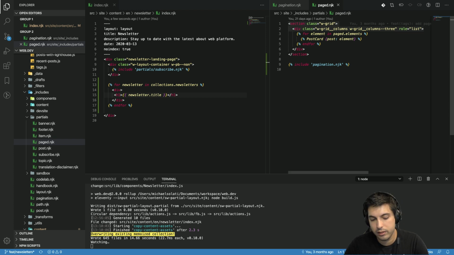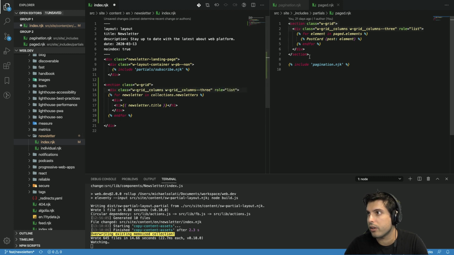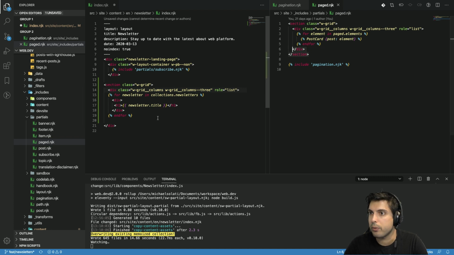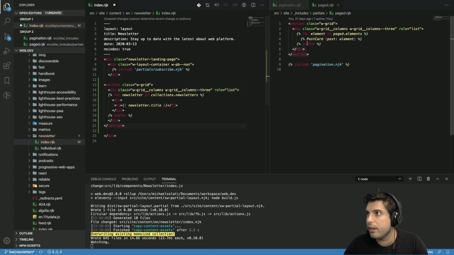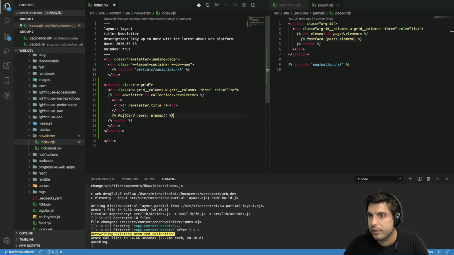So let's take the wrapper, because we're going to really want to style it and make it look like the cards that we see elsewhere on the site. And we are going to start to use that postcard element. Now, postcard takes an argument, and the argument's an object. The object has a key called post, with the object being the element that's being passed in. I am not sure if our newsletter matches what the post is supposed to look like, but